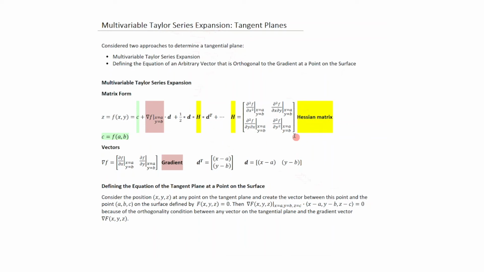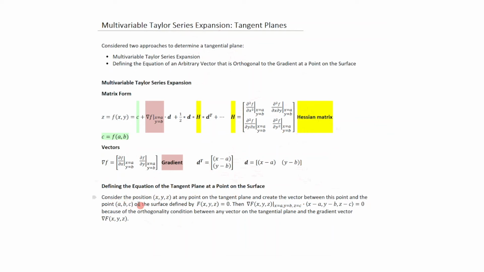We didn't make use of this, but if you were looking at, for instance, determining min and max for a two-variable function, then you would end up investigating the properties of this Hessian matrix. Of course, we did not have time to do that in this course because we have something called a reading week now. All right, the gradient f is basically what we're calculating. The d transpose, which is taking this row vector and making it a column vector, would look like this. The other approach was to find the equation of the tangent plane at a point on the surface,